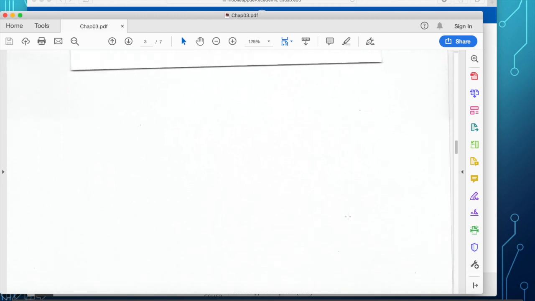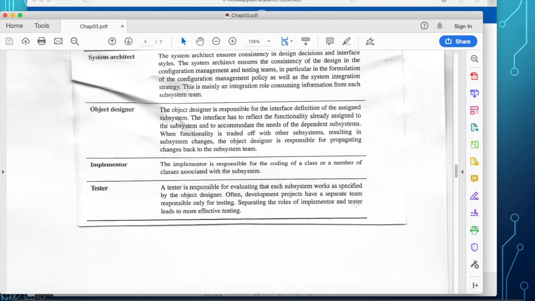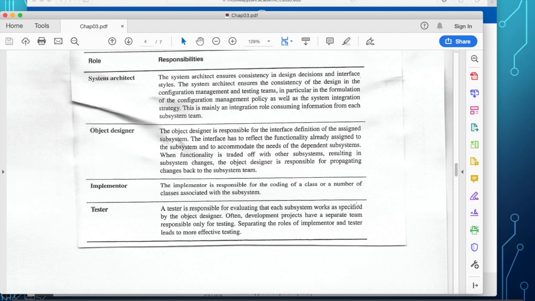Okay, all right. Now let's talk about the different roles of the system architect. The system architect and the object designer are separate roles, and the system architect is actually the highest paid personnel in a software company because that particular role is ensuring the consistency of the design decisions and interface style.